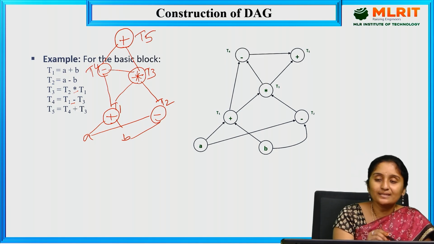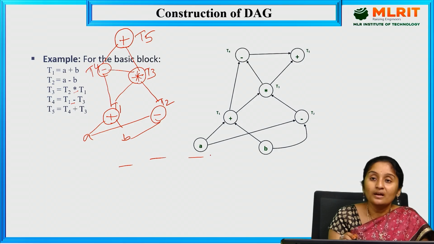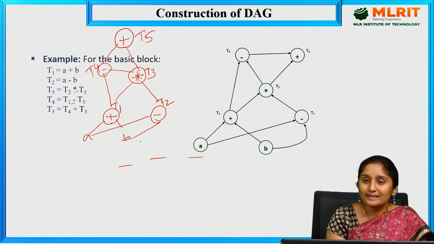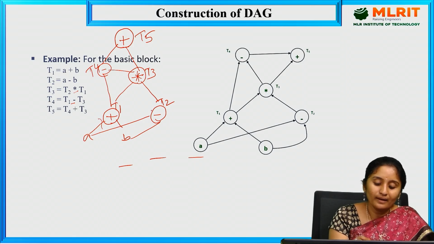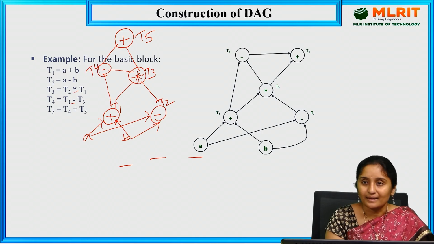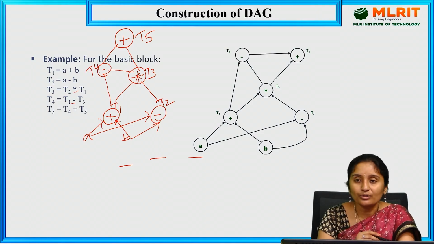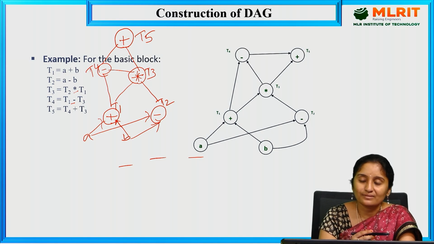So for each statement, we are not going to construct separate DAGs. We are going to just remove the repeated expressions and make a single DAG. It is a directed acyclic graph, so there will be directions here. So that is nothing but what we call a directed acyclic graph. In this directed acyclic graph, we have discussed how to construct a DAG, what rules we are going to follow to construct a DAG, and what advantages there are in constructing a DAG.